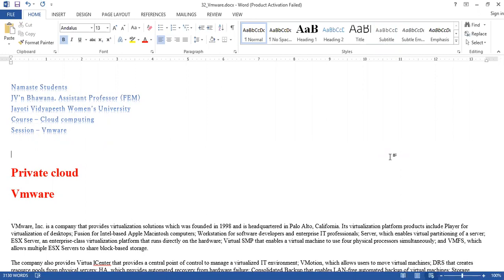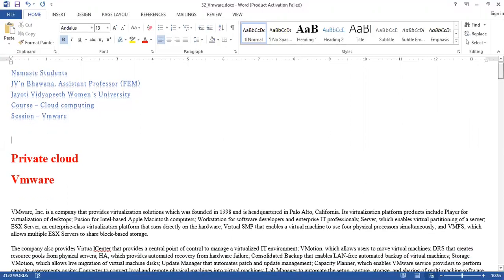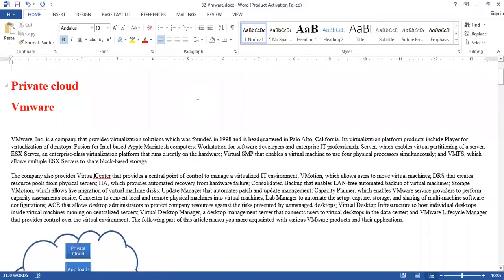So today we discuss our topic VMware, which is a topic of cloud computing. Earlier we have discussed that there are many cloud service providers that can offer cloud services, as well as help you create a virtual private environment and a private cloud. So what do we mean by a private cloud, and how can VMware help you build your own on-premises private cloud? VMware is a company that provides virtualization solutions, which was founded in